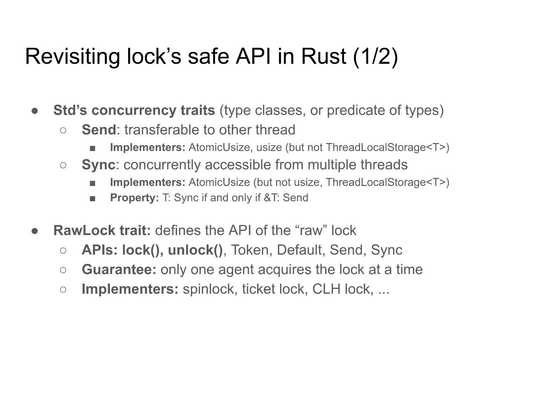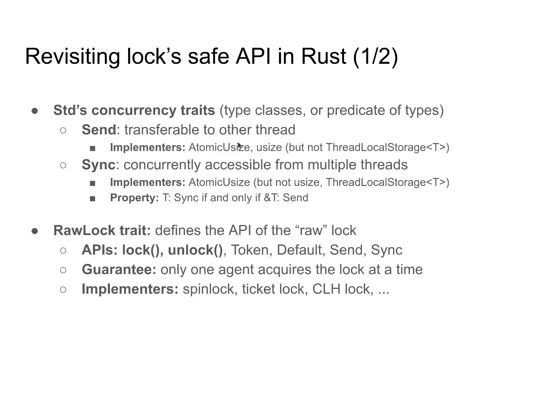In order to express that idea, you are going to use traits. A trait expresses a predicate of types. For example, here's the Send trait that is provided by the Rust standard library. And Send means that if a type T is Send, the data T can be transferred to